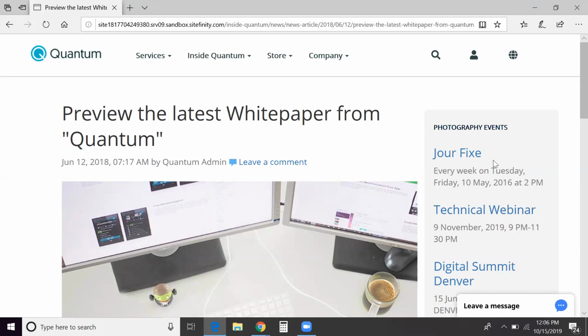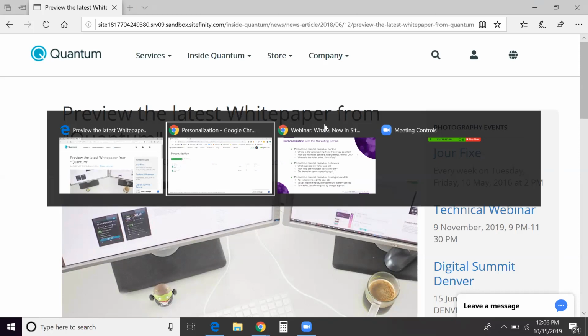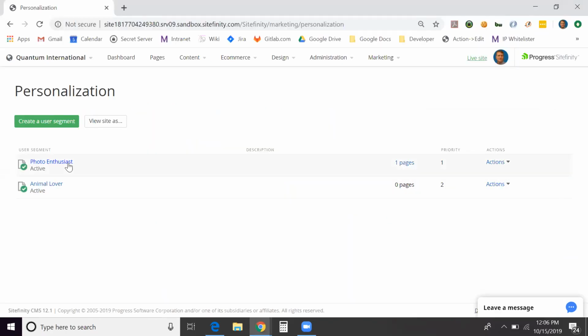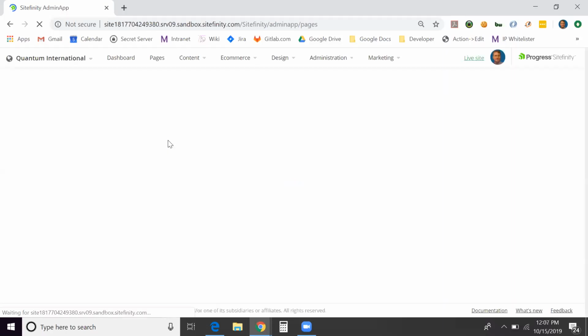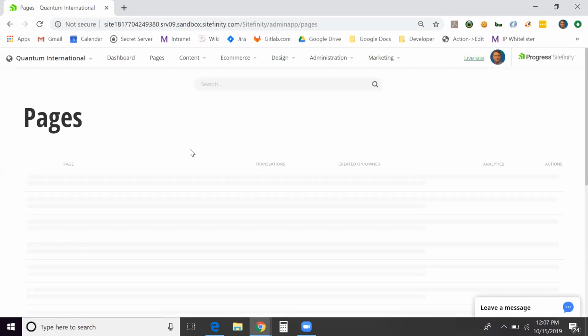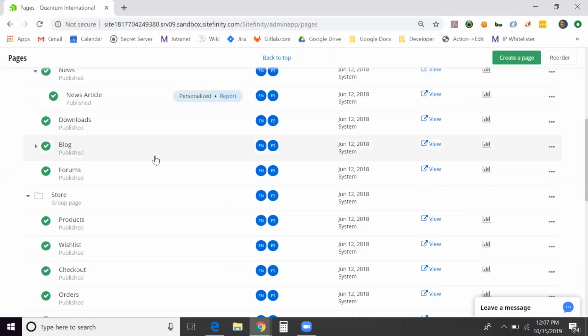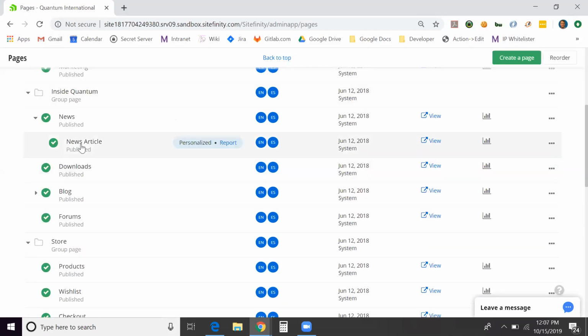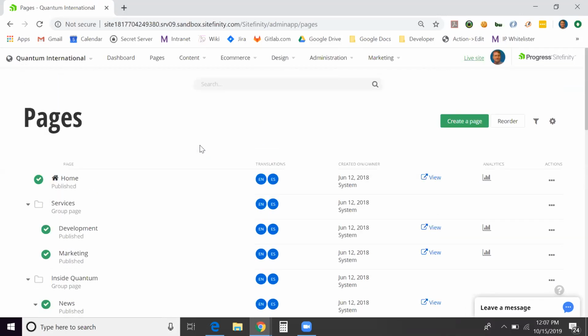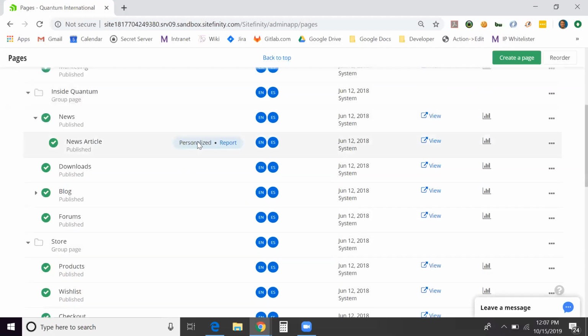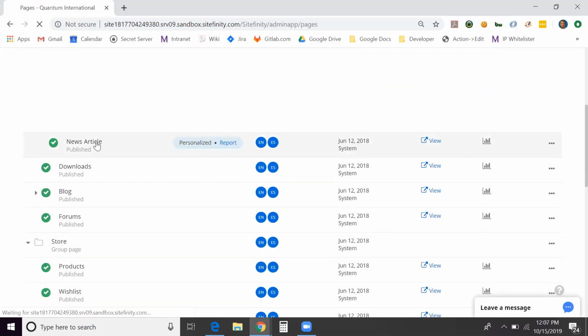Now the content here is customized, and I'm going to show you how in the back end, that second step. We've defined our group, photo enthusiast, but on the pages, this is where I can place content blocks or any widget and then personalize a version of those widgets for any of the group. Now, when I'm looking at the list, notice my news article has this new column here, says personalized, telling me I've got a personalized version on this page, so it's also easy to get to. And if I edit it,